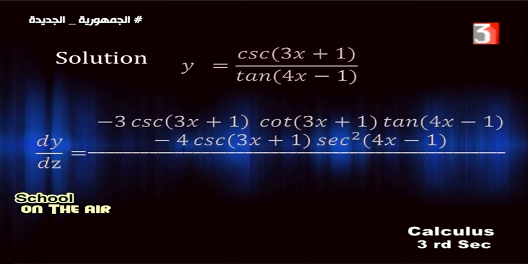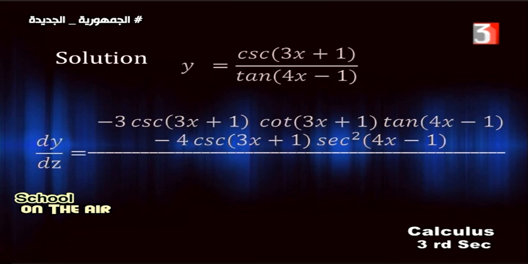The derivative of cosec 3x plus 1 is negative cosec cotan, negative cosec 3x plus 1 times cotan 3x plus 1, multiply the derivative of the angle. The derivative of 3x plus 1 equals 3. Then the derivative of cosec 3x plus 1 is negative 3 cosec 3x plus 1 multiply cotan 3x plus 1, multiply tan 4x minus 1, the function in the denominator,